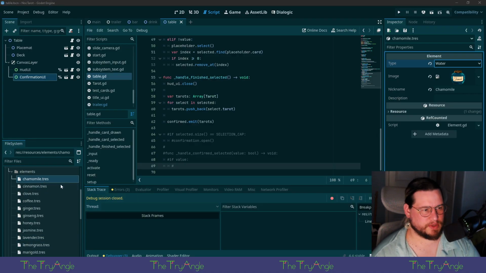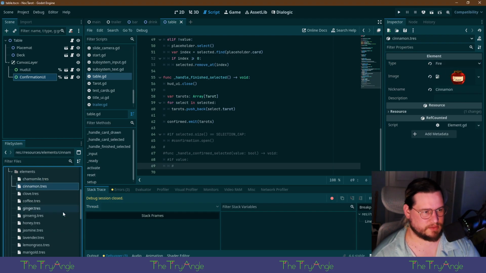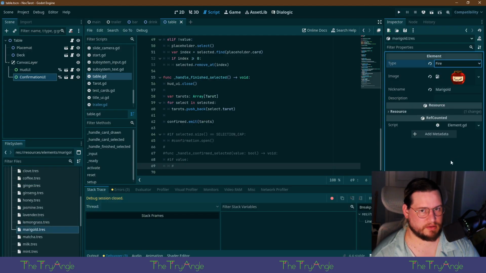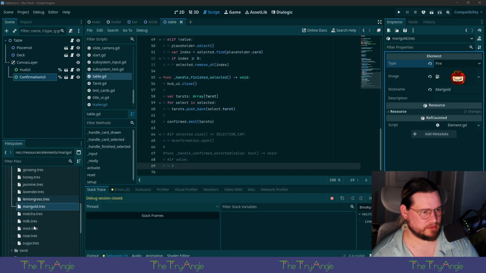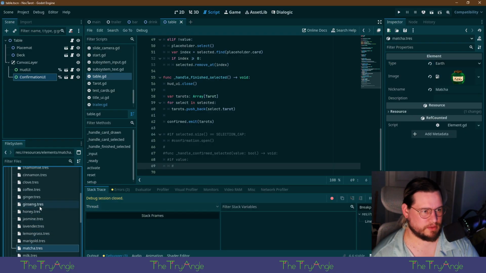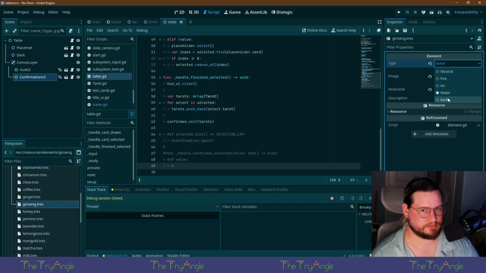Marigold, ginger, and cinnamon are fire. Cinnamon, fire. Ginger, fire. Marigold, definitely fire. Earth: matcha, ginseng, and clove. Okay. Matcha, earth. Ginseng, earth.